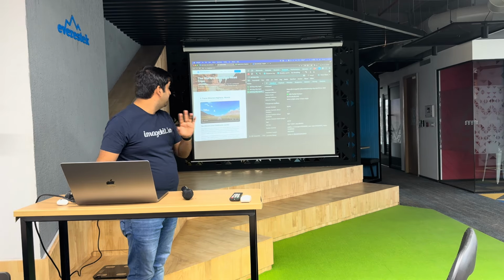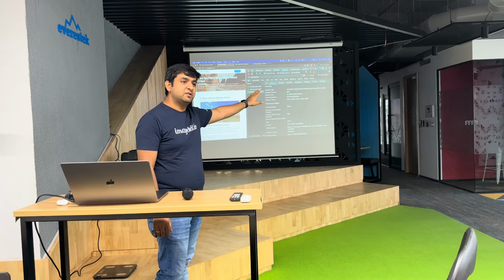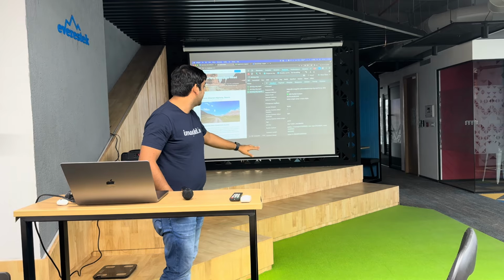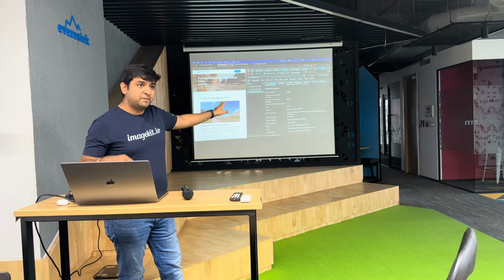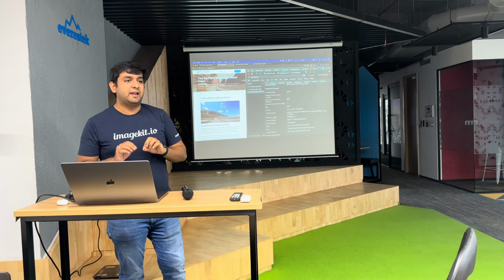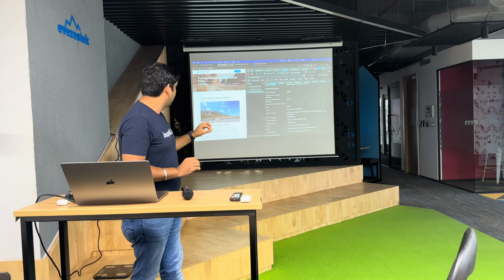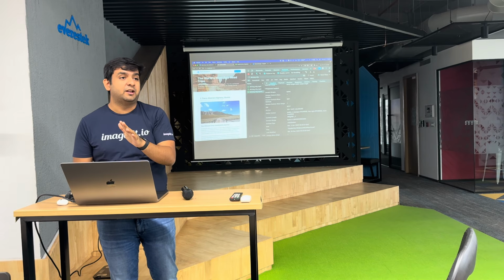So here is an ImageKit specific feature. I added a query parameter that changes the width of the video to 900 pixels. Once it is at 900 pixels, I know it will not render larger than this. It reduced down to 2.9 MB. We went from 44 to 8, now to 2.9.